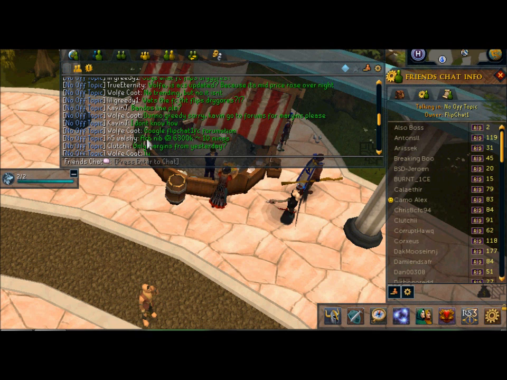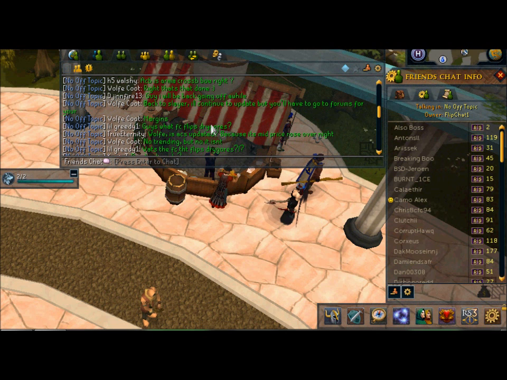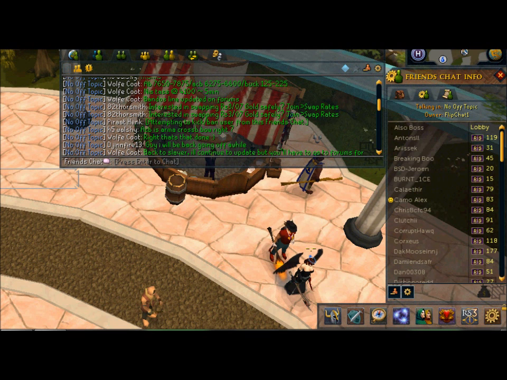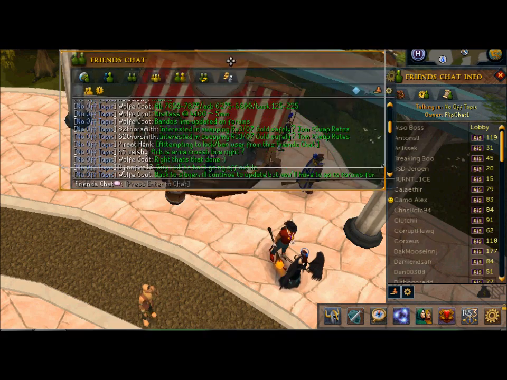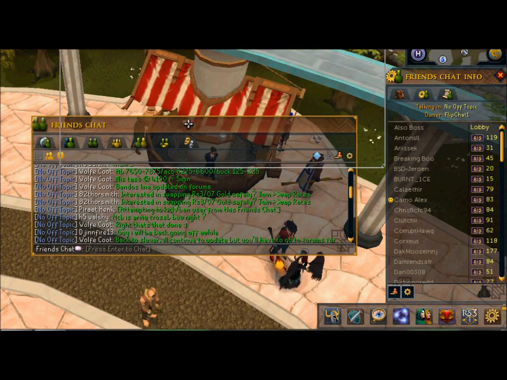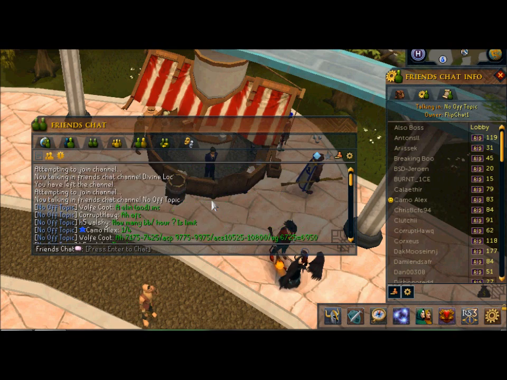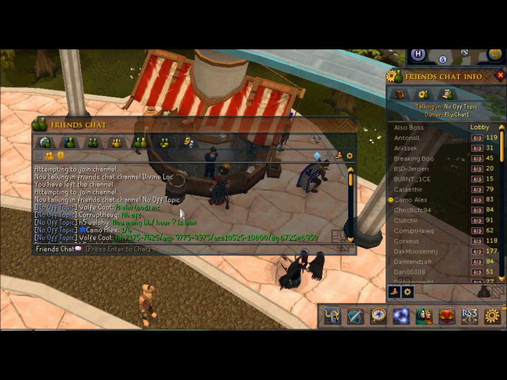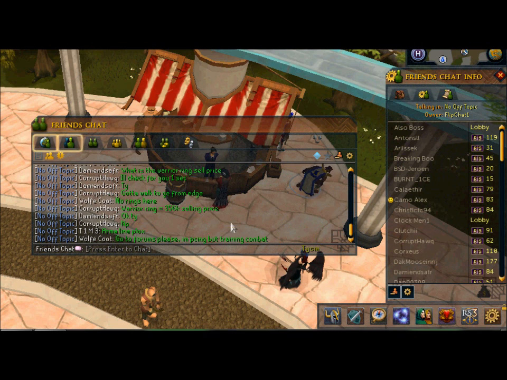So they'll say it in code, so like BCP is Bandos chestplate, obviously, and if you don't know what the items are, then you're just going to have to try and work it out, or well, it should be like the letters of the first name, or a shortened term for it. So this is quite a good chat, because you're making quite a bit of money on this one. And I think the other chat is